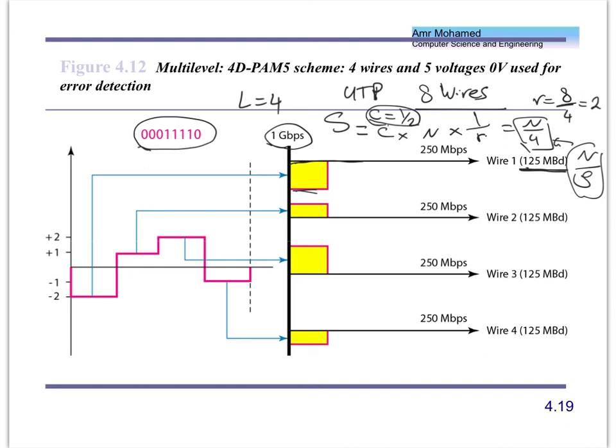In fact, in practice, C is not always half. C can be 1 over 4, or any value, or 1 over 3. So in practice, they try to use lower values of C, but this requires extra techniques for error detection and correction. Okay? Of course we will not get to that, but in the exam I will always give